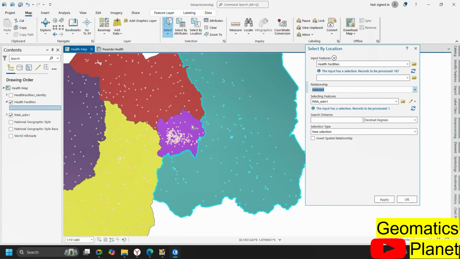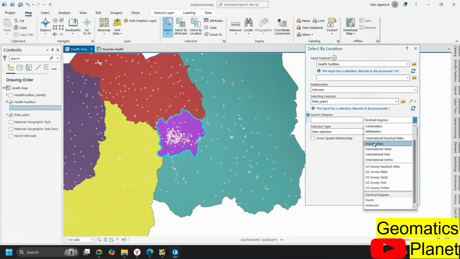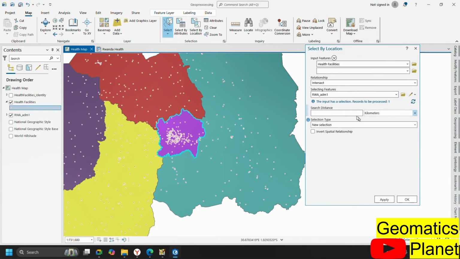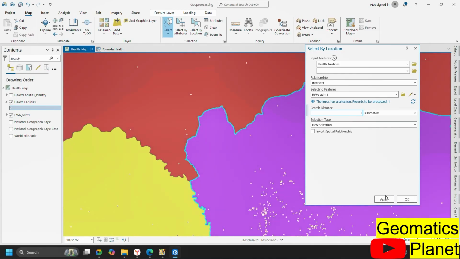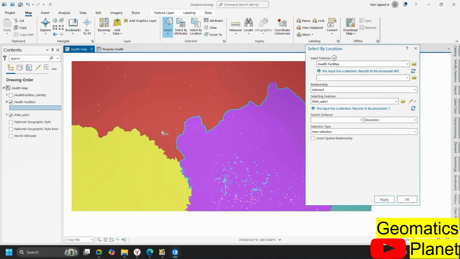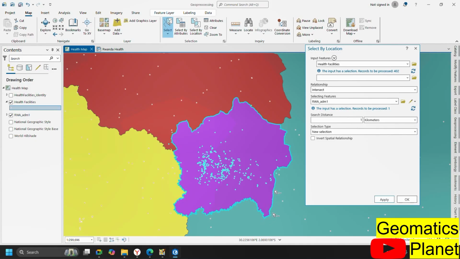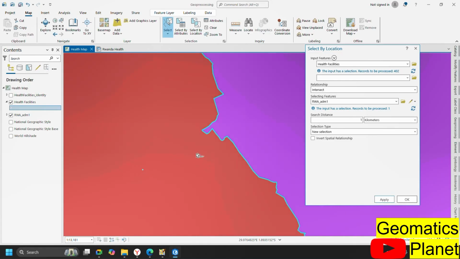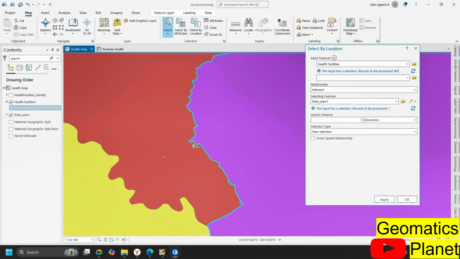the distance, for example, I select only Kigali in terms of administrative boundary of Rwanda, and here there is an option for you to say let's use kilometer, and if I change this into 1 kilometer, now what happens is if I click apply, then you see that it did not only select Kigali, it selected the one in Kigali, but it goes beyond to select something that is outside Kigali. Why? Because I say when you are selecting, look for the rest of them that are within 1 kilometer of